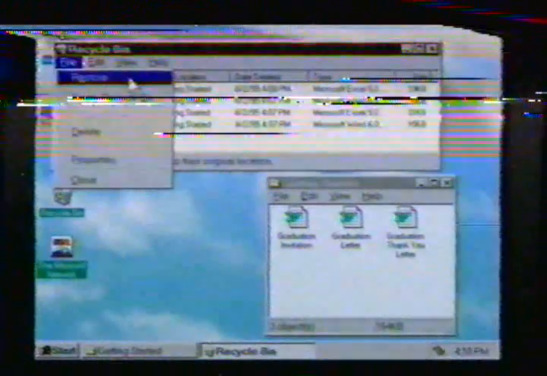Now, if you double-click on the recycle bin on your desktop, you'll see all the files that you have deleted to date. To get a file back, all you need to do is select the file, choose Restore from the File menu, and it will place the file back in the folder it was deleted from. Another way to restore a deleted file from the recycle bin is simply to right-click on it and select Restore